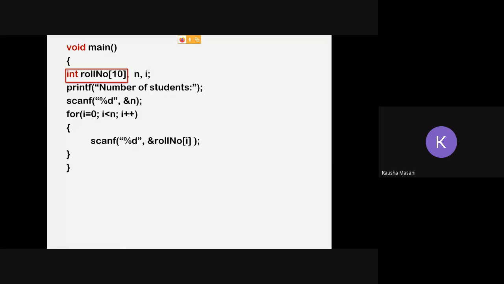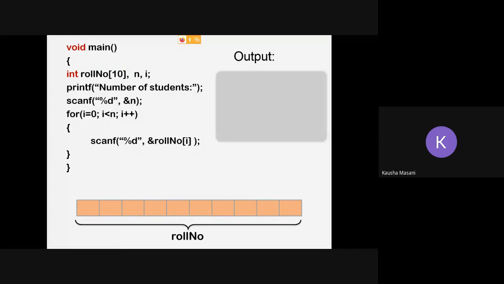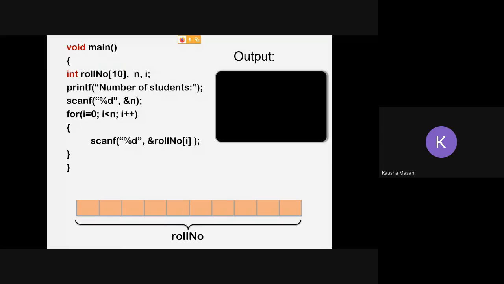For example, when this is executed, the red box, if you can see the highlighted part, is going to allocate the memory inside your memory. Okay, and that memory allocation will be of 20 bytes or 40 bytes, because the size is 10, so 10 blocks each of 2 or 4 bytes. Now what will be shown in the output? Number of students it is going to ask. So let's say the user entered is 3.